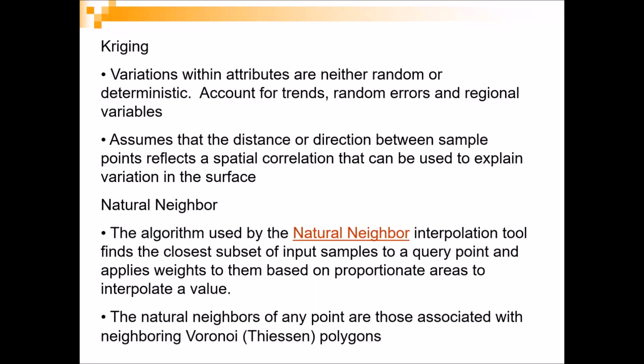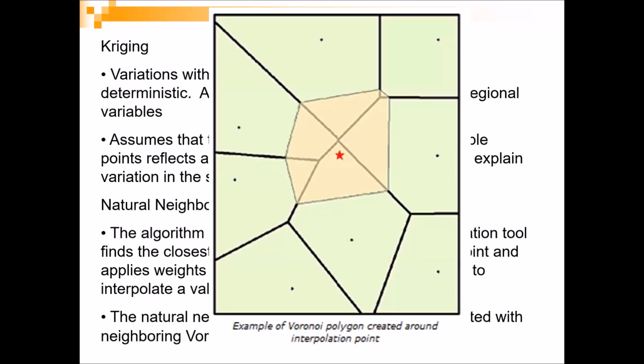The other one that I really like, which is mathematical in nature, is something called natural neighbor. The algorithm finds the closest subset of input points and weights them based on the proportion of areas within the value. We're almost done here, and then we'll stop in a second. If I'm looking at the cell value right here, it'll create these bisects between all the other existing known points and then calculate the proportion of area with that value. So once again, that's just a weighted average based on the percentage of this weight, this weight, and this weight, based on what we call